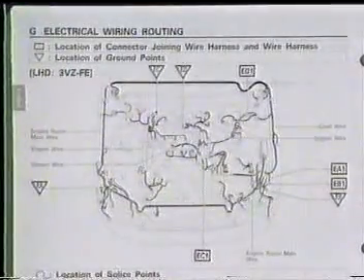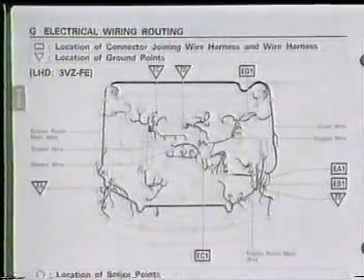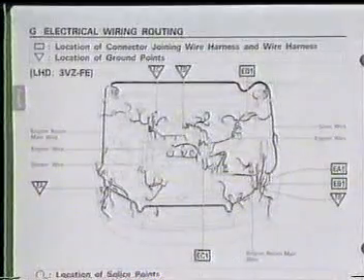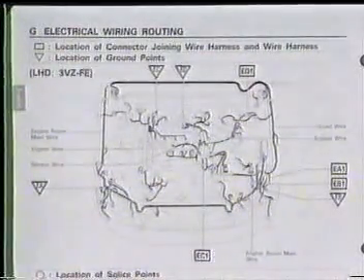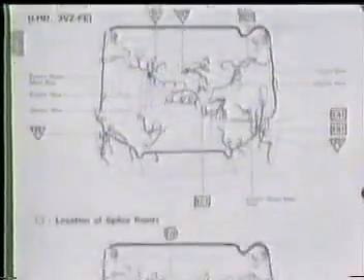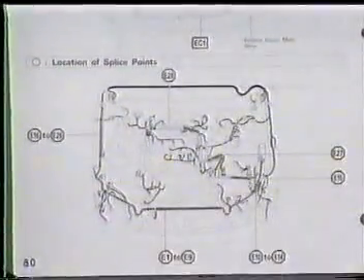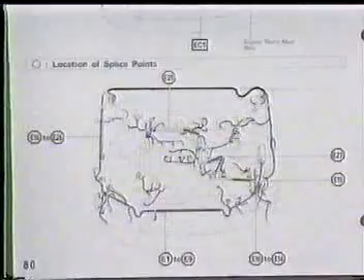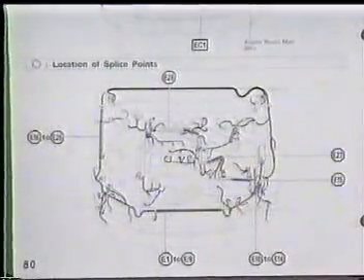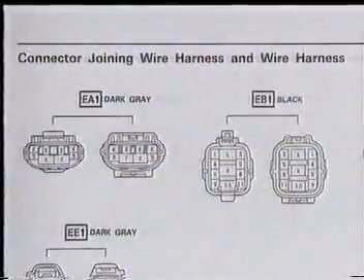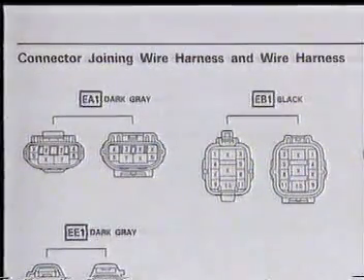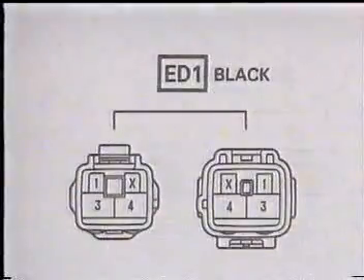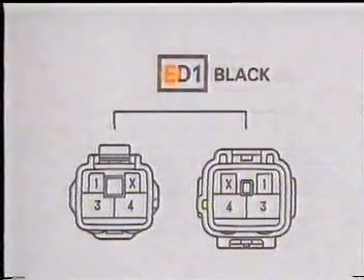The harness-to-harness connectors are indicated by a rectangle, and the grounding points are indicated by an inverted triangle. The splice points explained earlier are indicated with an octagon to show their locations. With harness-to-harness connectors, the configuration and color are also displayed. The letter at the beginning of each symbol indicates